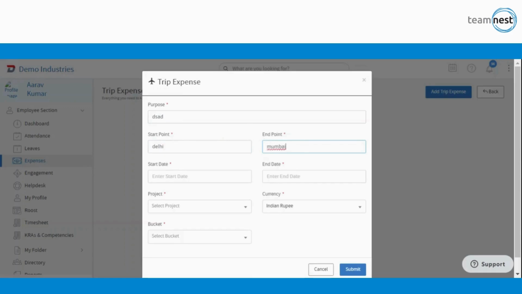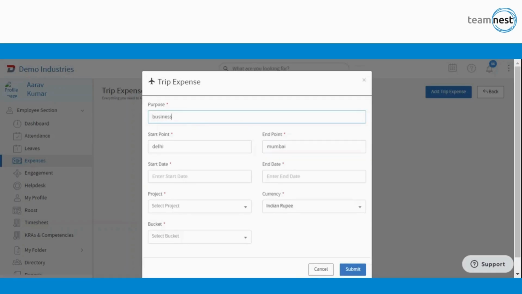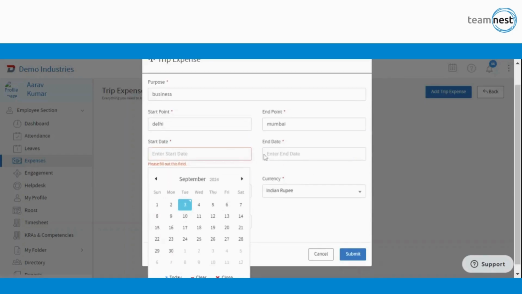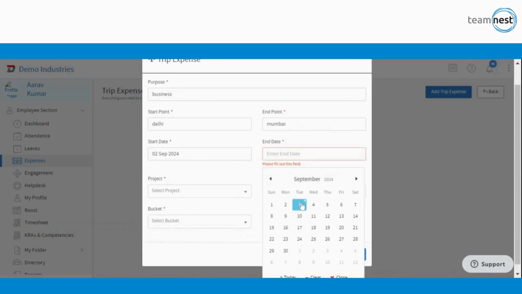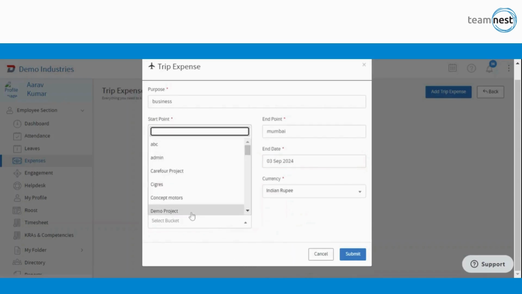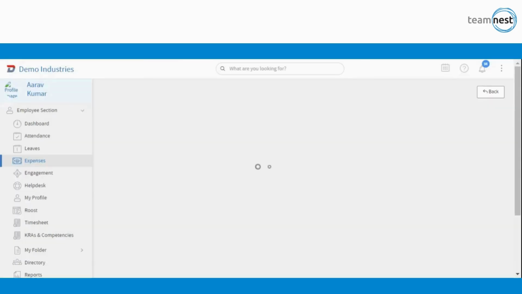Now, purpose could be any, for example, if they're traveling for business, they can mention that. They can mention the start date, they can mention the end date, they can mention under which project they are traveling for, under which bucket they are traveling for, currency, and they can submit. Now, within the trip expenses, the employees can claim multiple expenses that they have incurred during the trip,